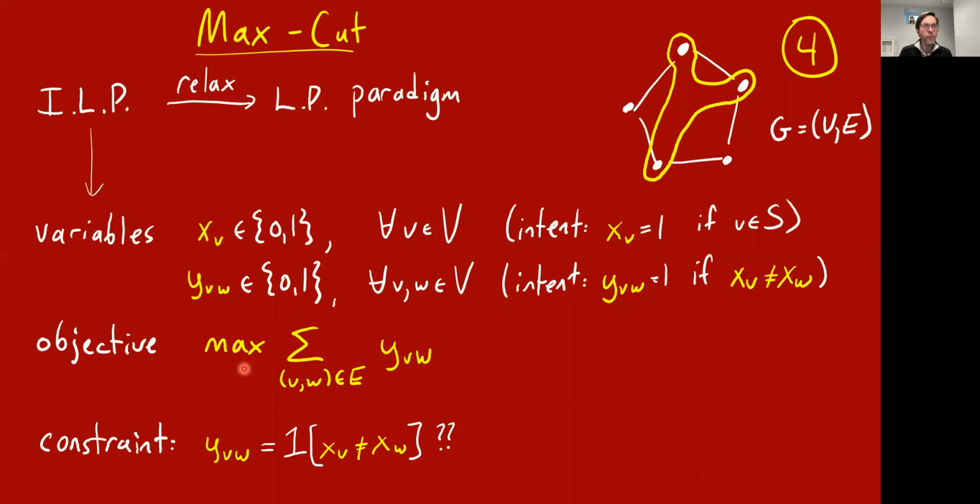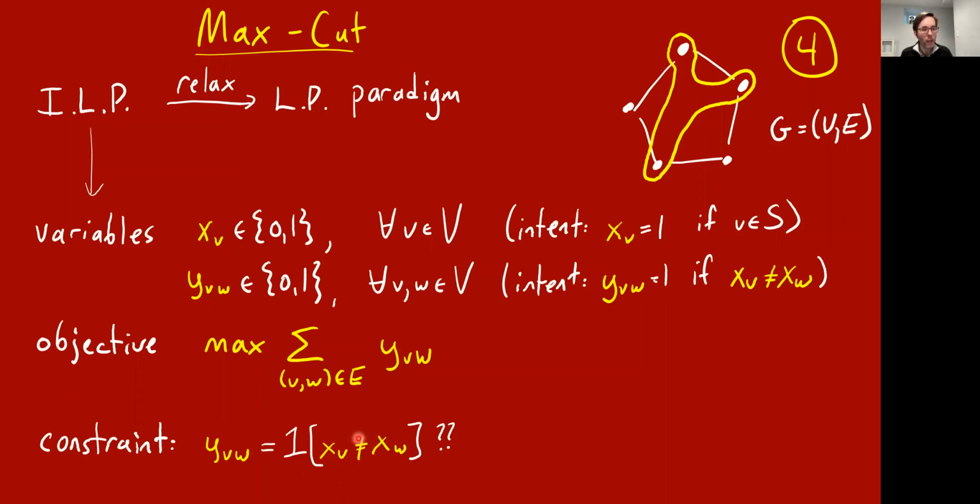Okay, but what we have to worry about is this constraint that we're trying to capture. Of course we have to worry about the fact that this is an integer linear program, and we cannot eventually insist that x_v and y_vw are just 0, 1. But this is the standard worry that we've always talked about in this paradigm. We're of course going to relax these constraints to make an LP, where we're going to let x_v be a real number between 0 and 1, and y_vw be a real number between 0 and 1. But even if we do this, we have this difficulty that it's not clear how you can enforce this constraint